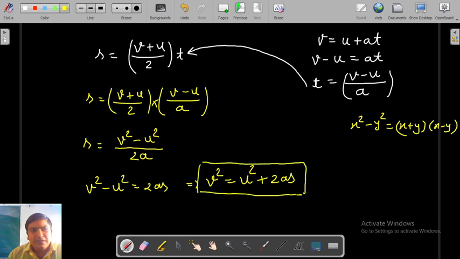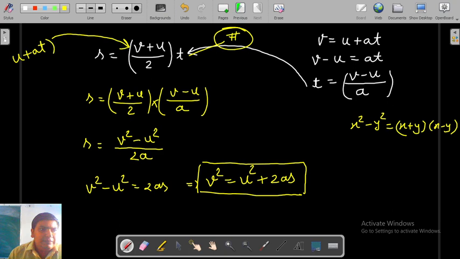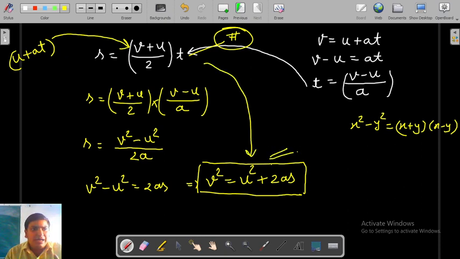So see, this is the hashtag equation. इसी इक्वेशन को हमने हैशटैग क्रिएट किया था कि अगर हम इसमें v की वैल्यू रख दें, v की वैल्यू दैट इज u प्लस at, तो हमें मिल जाएगी सेकेंड इक्वेशन, और अगर टाइम की वैल्यू रख दें (v minus u) बाई a, तो हमें मिल जाती है थर्ड इक्वेशन. Okay, so this is how we can derive Newton's equations of motion by the algebraic method.